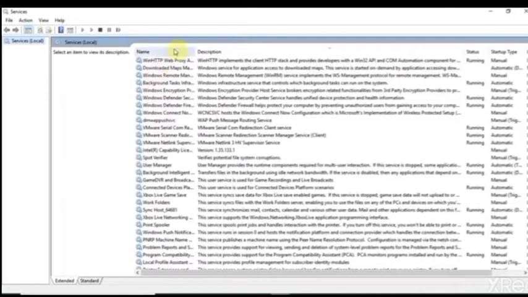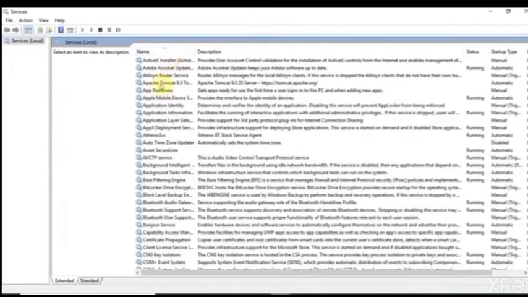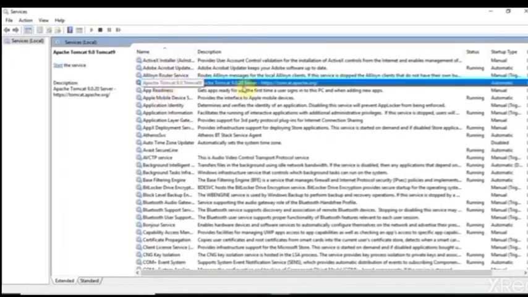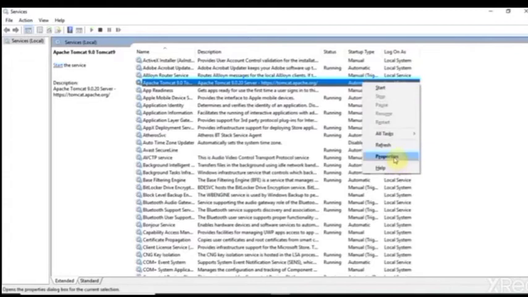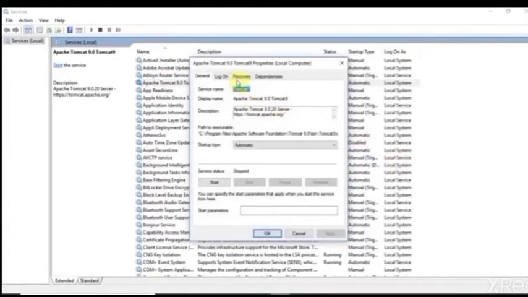Then the page will open here. We can choose that manually. Then click OK.